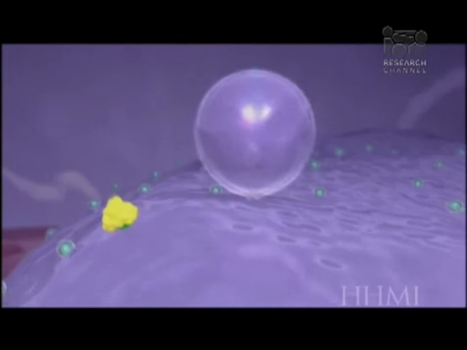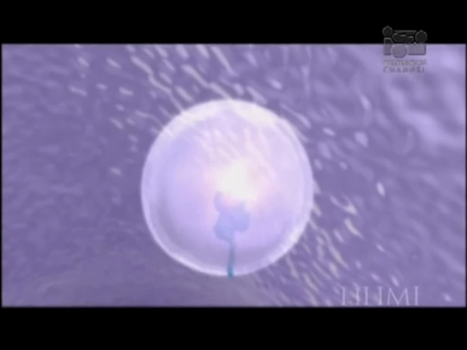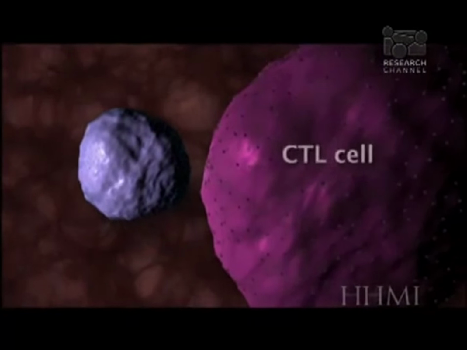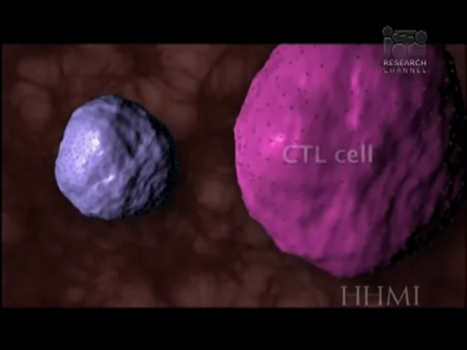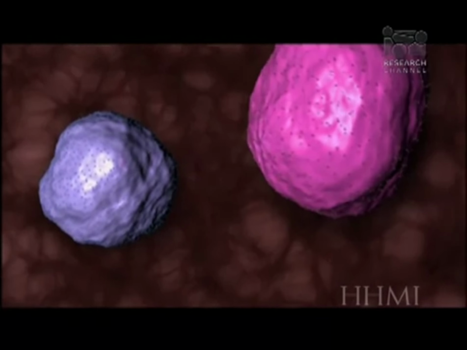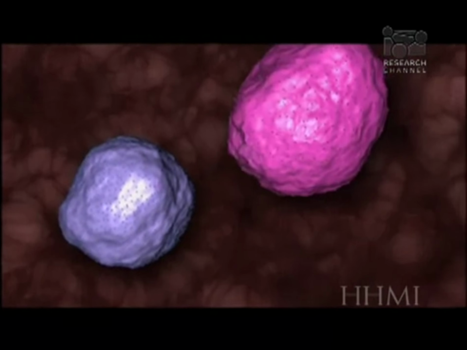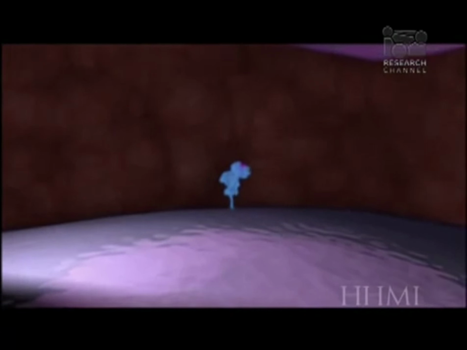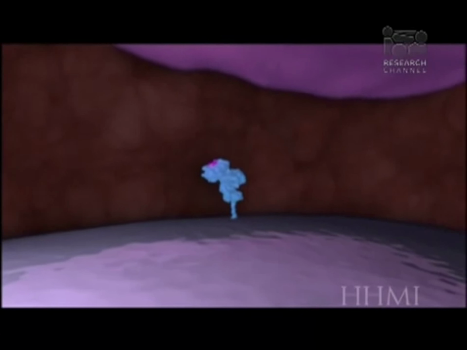They're then carried to the cell surface from the endoplasmic reticulum, where they get embedded into the surface of the cell, and at this point, they are giving an alert to cytotoxic T cells that something bad is going on inside that cell. It contains foreign protein. Cytotoxic T cell comes along, and if it recognizes foreign viral protein in an MHC class